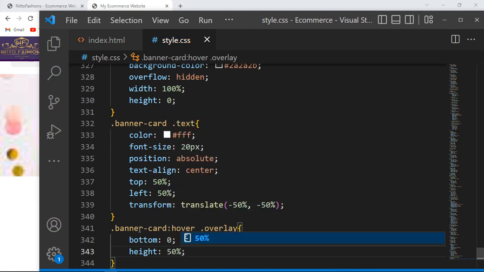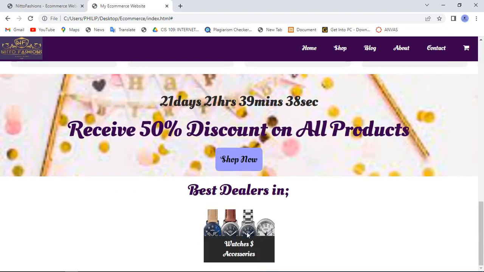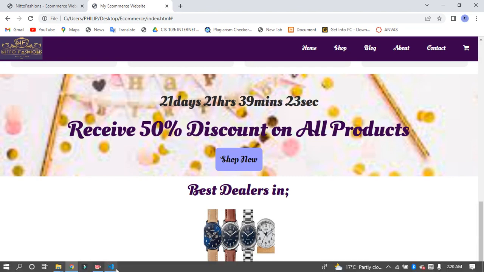Just click here and refresh. You see? So now when you place the mouse, the overlay class is displayed over, and the text and all that is displayed over. See now? But we can add some transition here to make it move smoothly, and to do that,